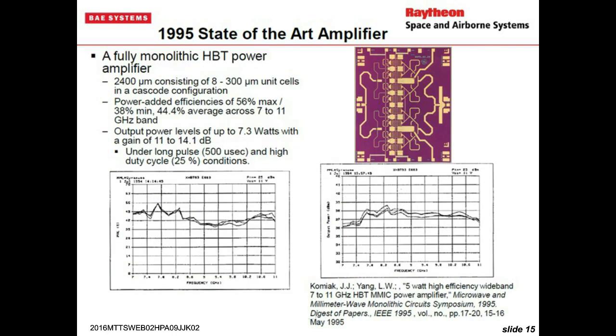Now, this one was my first amplifier designed using a nonlinear model. It used a Gummel-Poon nonlinear model. It's a heterojunction bipolar transistor amplifier. It uses a cascode configuration where you have a common emitter device followed by a common base device. That cascode happens to be very high efficiency, very